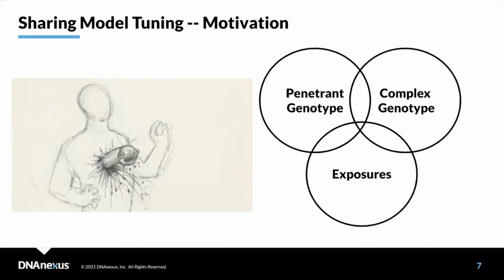I personally can't wait for the community writ large to start digging into questions like this with large scale data sets like the UK